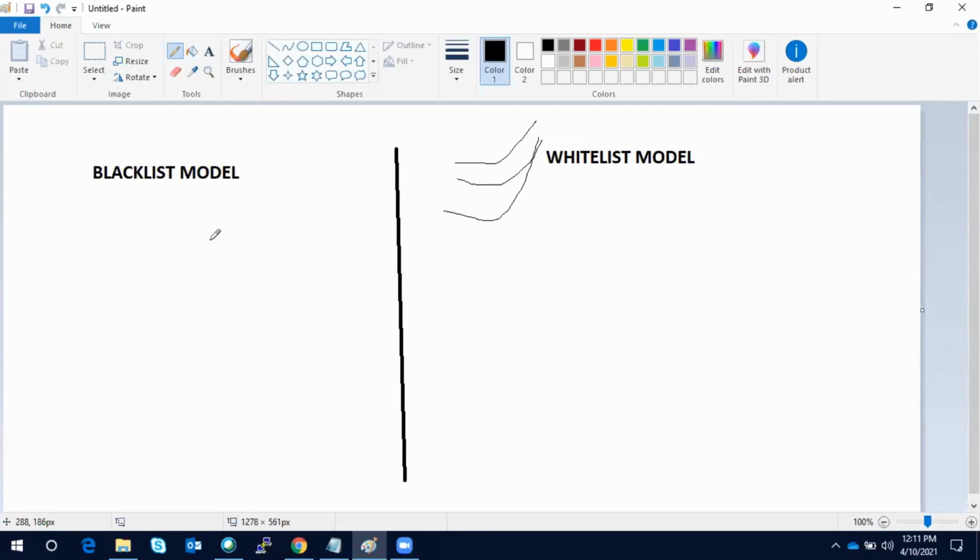So the next time people will say that, okay, this guy has created nonsense here. Let's not allow this person next time. So what will happen? They will mark you in the blacklist. So again, when you are going to that party again, they will not allow you. That is the blacklist model. That is what we are doing in traditional networking. The communication which we don't want to happen, we block that.